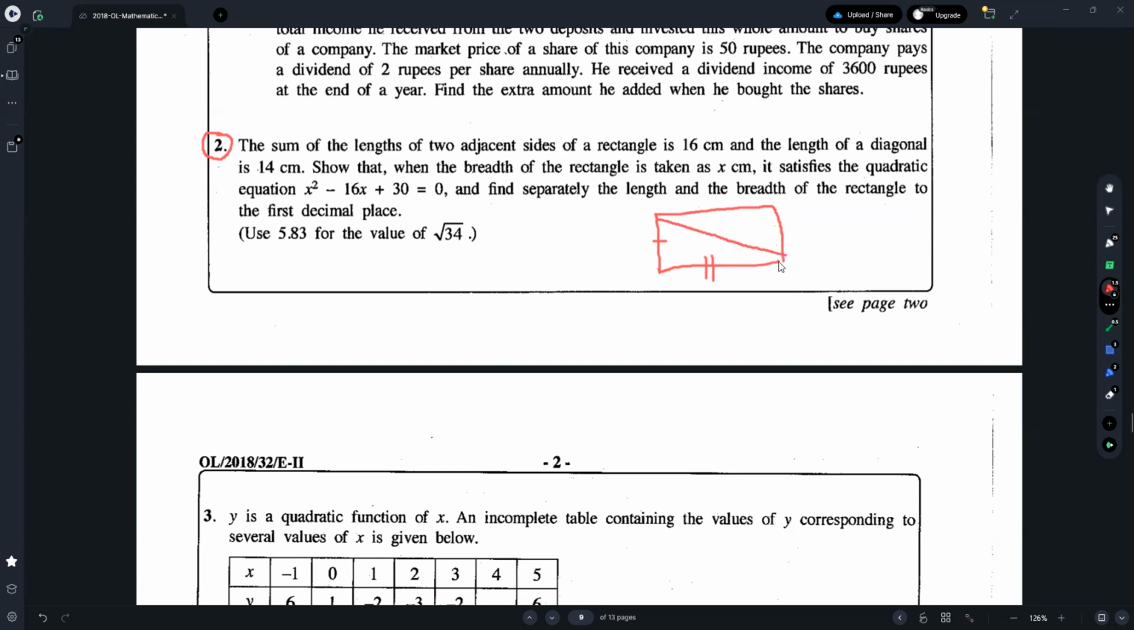I draw the figure just when I'm reading, just to understand, I'm drawing this. Show that when the breadth of the rectangle is taken as x,